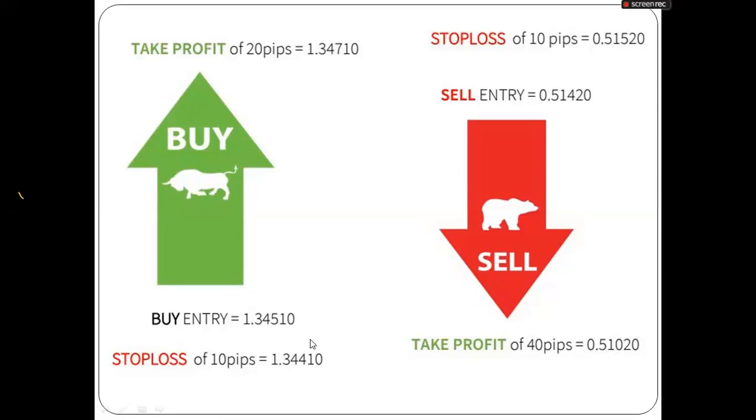The moment you bought it, unfortunately, your village people followed you, and then price started going down. As it starts going down, because you have placed a buy, and the market is selling, you'll be at a loss. But there's a way you can protect your losses so that you don't lose too much. You make use of what we call stop loss. So stop loss is the mechanism that Forex traders use to limit their losses whilst trading,